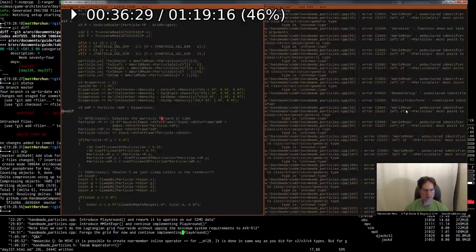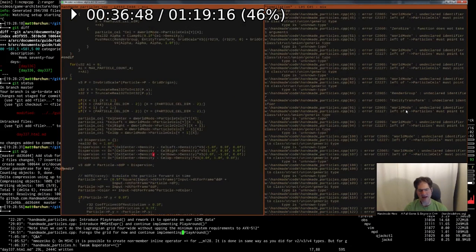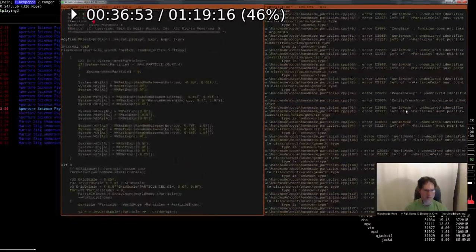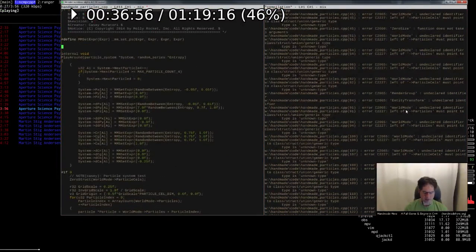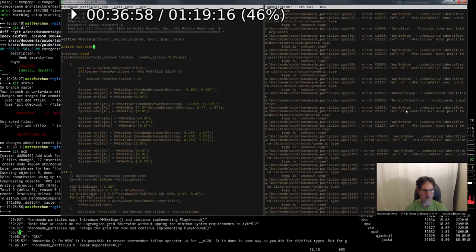All right, so simulating the particle, again, this is pretty much just all we really need to do. Now, if we want to, we could implement some of these operations on MM128s if we want to. I'm not sure to what extent that would work okay. I think they actually might already exist in some of the Intel includes, but I think we would be able to do something like,